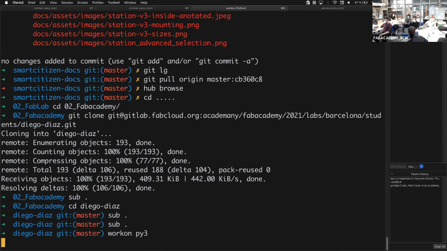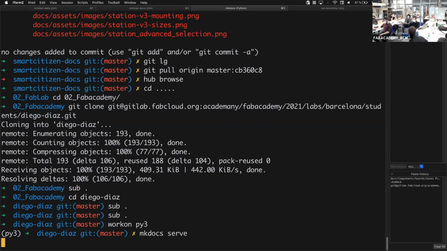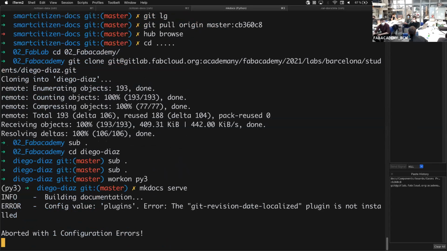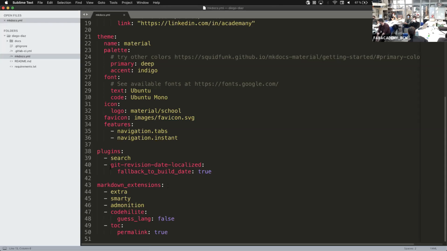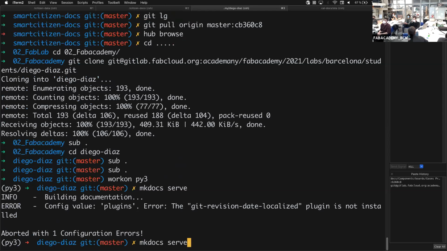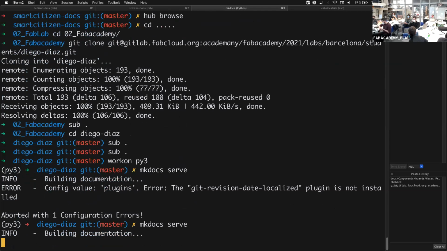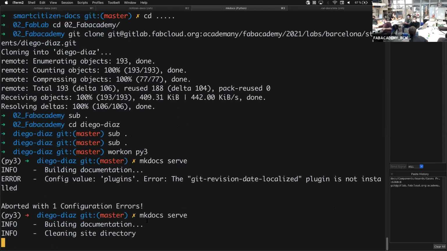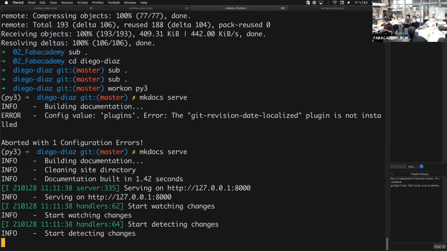I forget that command, but now I'm going to say mkdocs serve. And plugins, I don't have that, so I'm just going to delete it. Building documentation. Okay. Now it's serving. This is your localhost. So this is your computer, the IP of your computer, and this is the port. So if I go here,